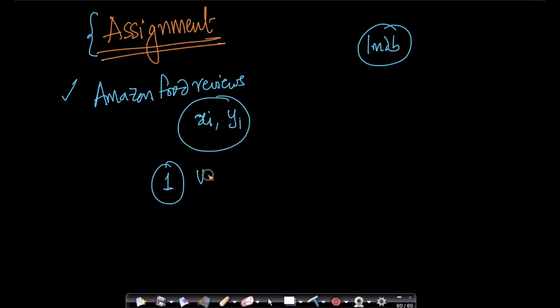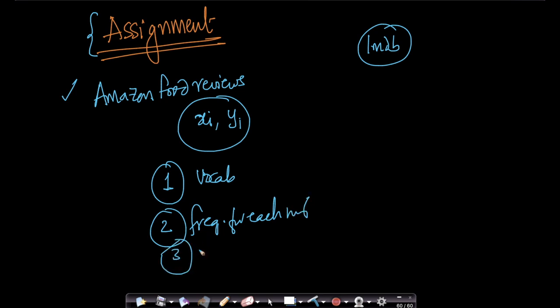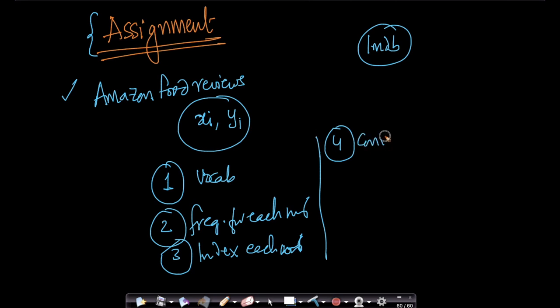first get the vocabulary of all the words. Second, get frequencies for each word. Then index each word as I've described in the previous video. So for each word you have a numerical representation. Then convert your data into the same form that IMDb data is in. Convert your data into IMDb dataset format,